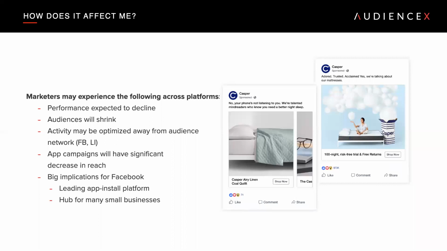We know that a lot of users are going to opt out, but every advertiser has a different customer base, and they might have customers who opt in. They might have customers who prefer Android, who aren't impacted. So it's very difficult to predict what's going to happen for everyone individually.